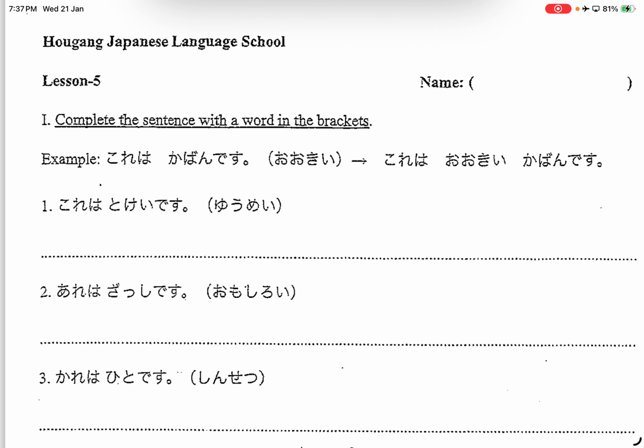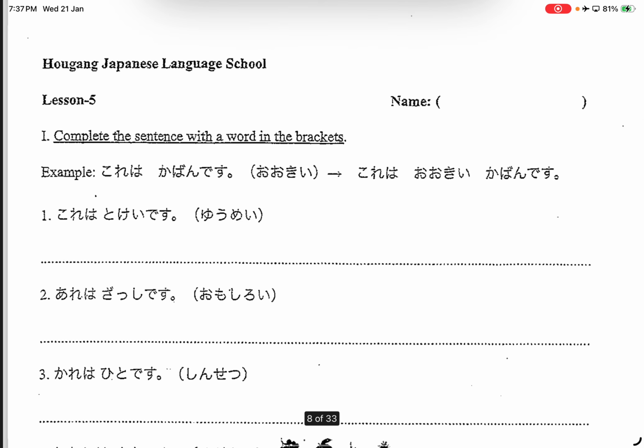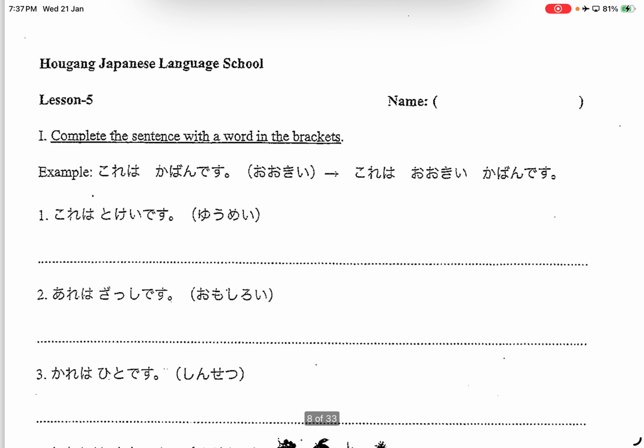Okay, lesson 5. Example sentence: これはカバンです。Then the bracket 大きい. 大きい is an adjective. So we want to put the adjective together in front of the noun. So the noun here is カバン. So I want to describe this カバン. Right? 大きいカバン. So これは大きいカバンです。